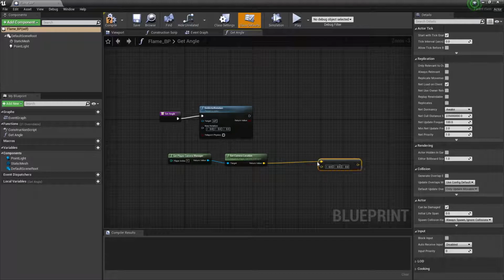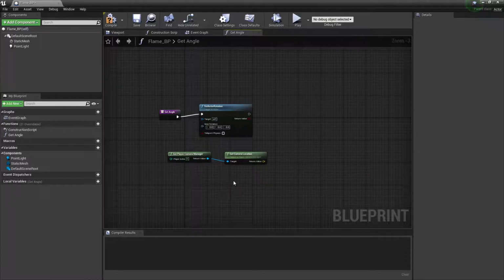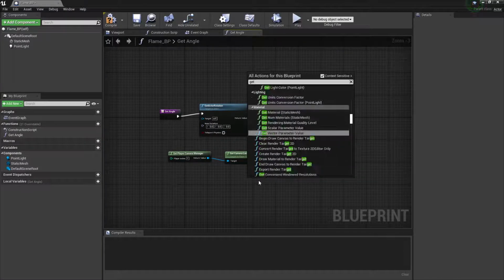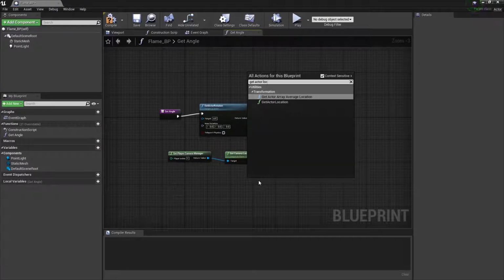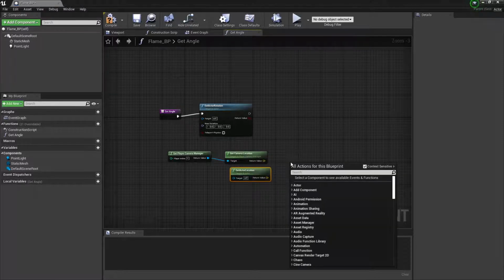Okay, we're just going to back up here. I'm going to hold the Alt key and click on this. It's going to break that connection, which is good. And I'm actually just going to delete this thing. I'm going to add here a get actor location. So I'm going to right click, get actor location. So I have this here, and I need to now add